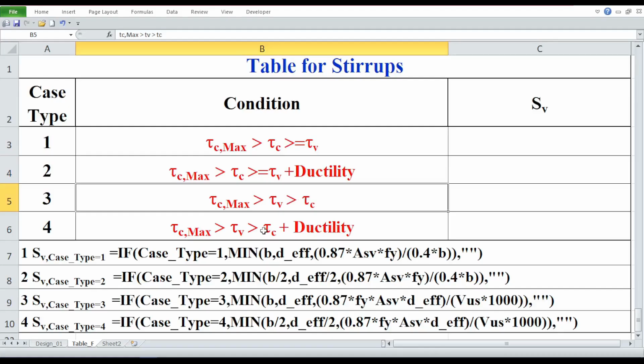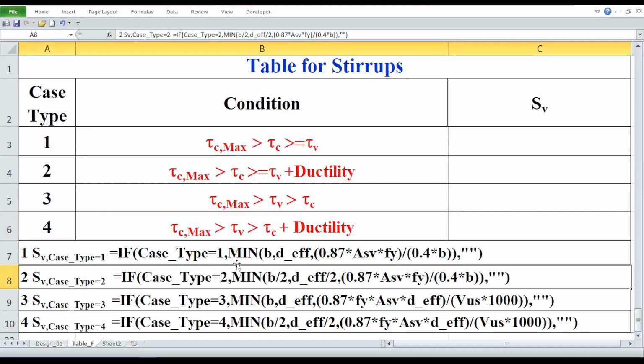Finally, for case type 4, tau c max greater than tau v and tau v greater than tau c, plus ductility. Once again, the only difference in this statement from the above is, here we have included the ductility detailing